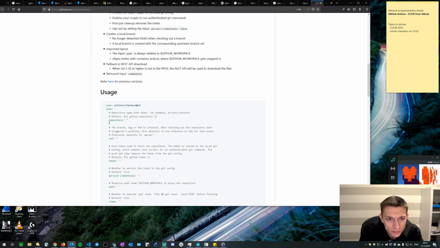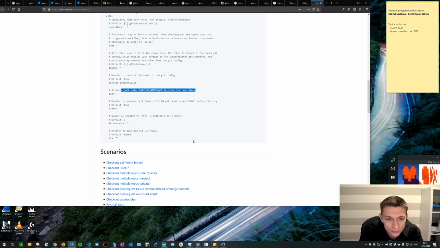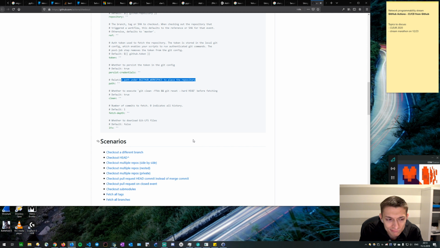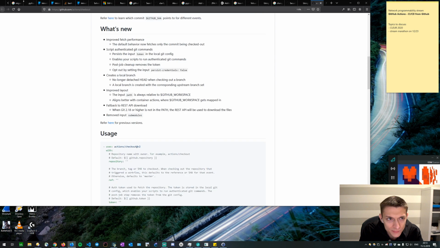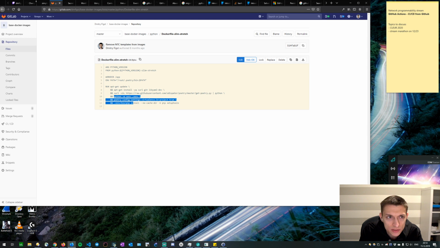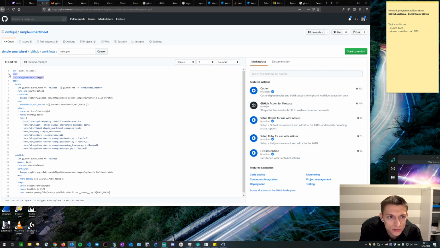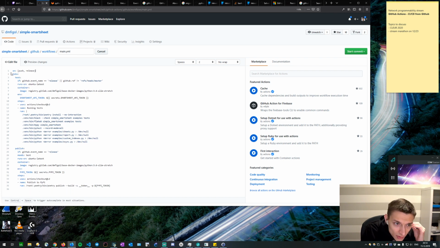What does path do, by the way? Relative path under GITHUB_WORKSPACE to place the repo. I think I could try this. I mean, this looks ugly anyway, right? The .venv path, oh, bullshit. So I may change this. Yeah, guys, let's change it. God damn. So this will put